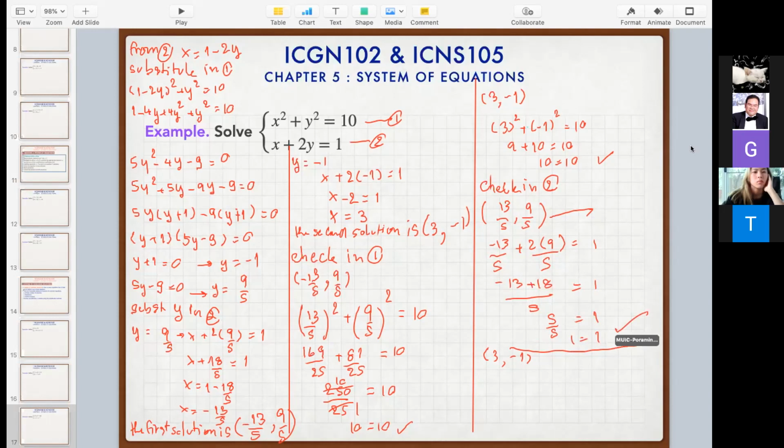For telling me. I did the wrong one. So that means the first solution works. For the second solution, we substitute in equation number 2 as well: 3 plus 2 times y equals 1, 3 minus 2 equals 1, 1 equals 1. That works as well. So we have two solutions that also work in this system of